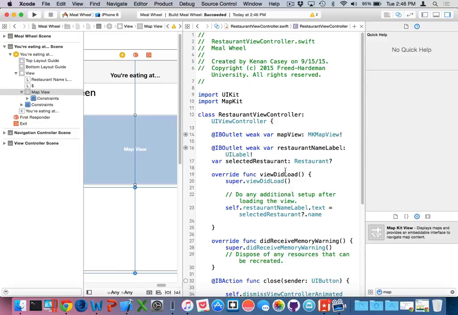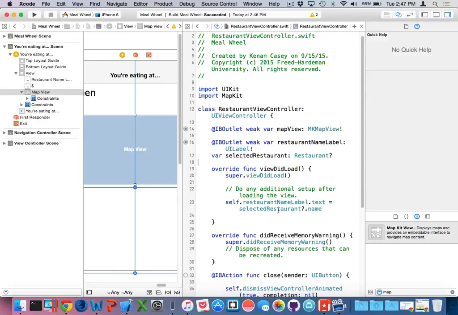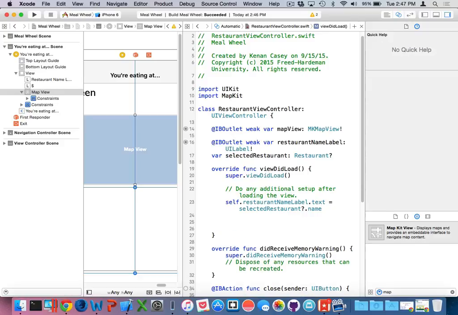Let me see if this is going to work. I would like onViewDidLoad here. All I'm doing right now is just setting the name of the restaurant that's been selected into that label. I would like to use the lat long that's in the selected restaurant and show a pin on the map for that. I'm going to need some new constants for that. I don't have to change any of these, so I can use let on all of them. So I'm going to create a point annotation,